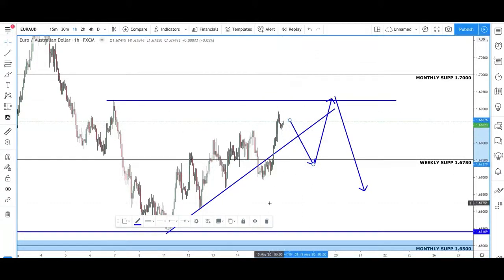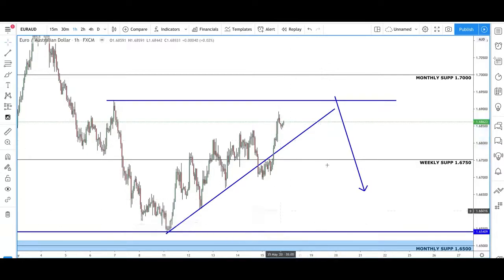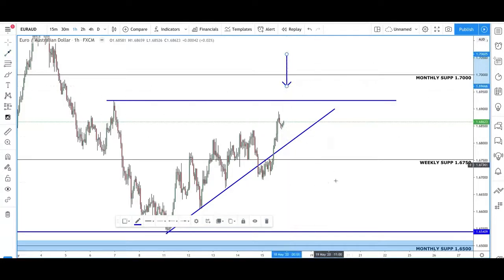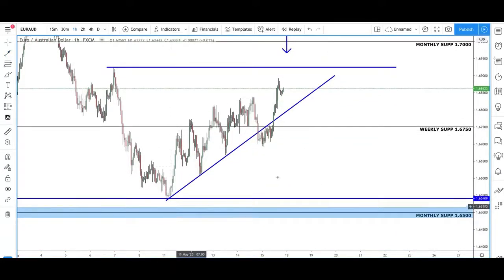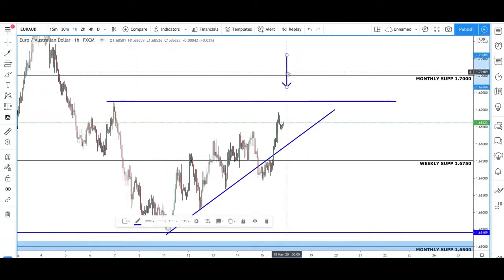However, I'm thinking that we can see a nice pullback down into these levels once again before pushing back up. Let me just move these out of the way. So ideally, I'm looking at this pair coming up to around these regions before looking at a bigger swing trade back down. So once we get up into these regions here, coming all the way back down again and coming back below these lows. But as I said, I don't think it's going to be simple as we're going to go up to around the monthly resistance of 1.700 or above this high here. I don't think it's going to be a simple fact that we just hit this level and come all the way back down.